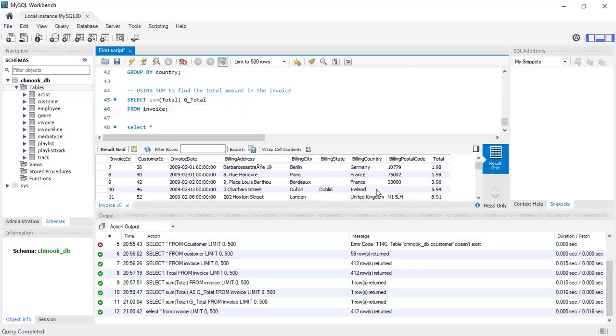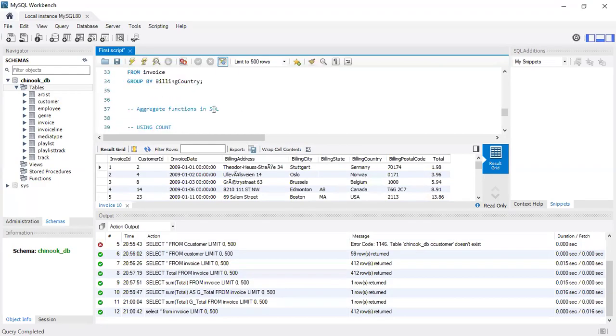I think we also have a country. This is country, billing country. So we want to know, let's summarize again, the same thing we did here. We found the count of each country. We want to know how many people come from each country. So now let's do the same thing for